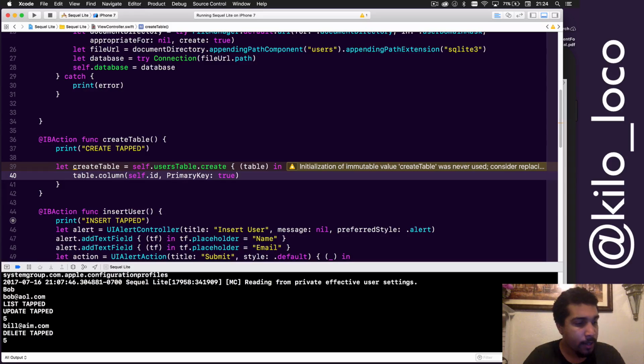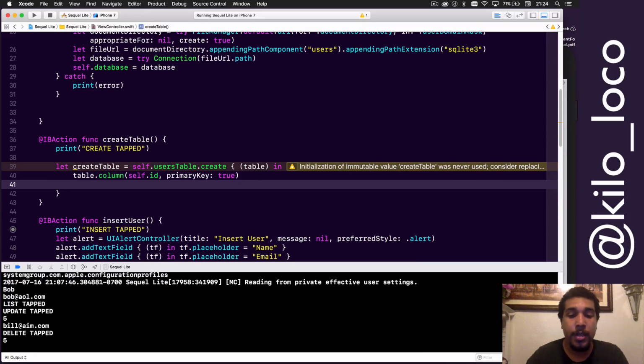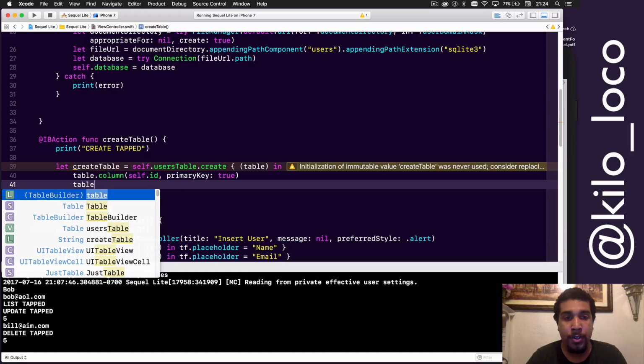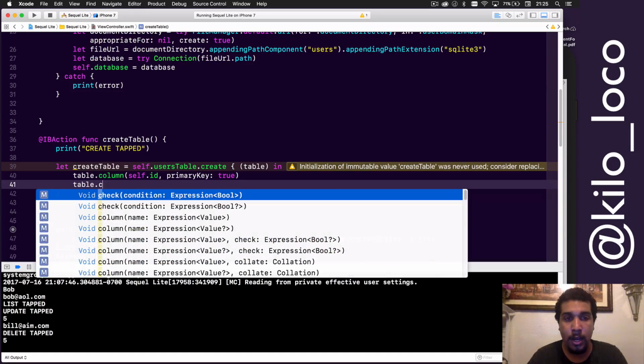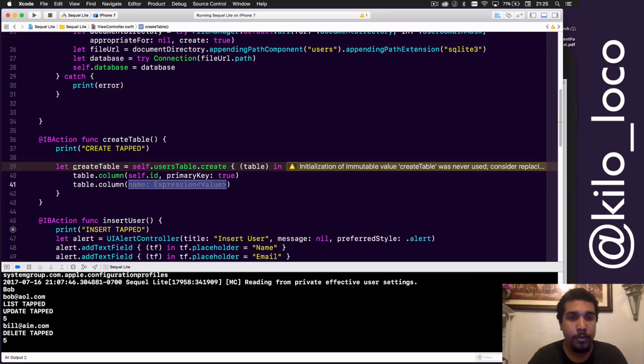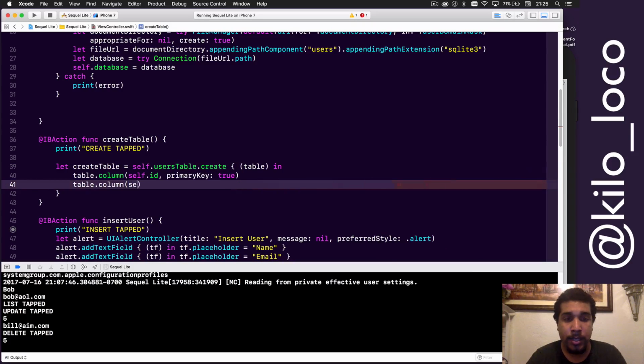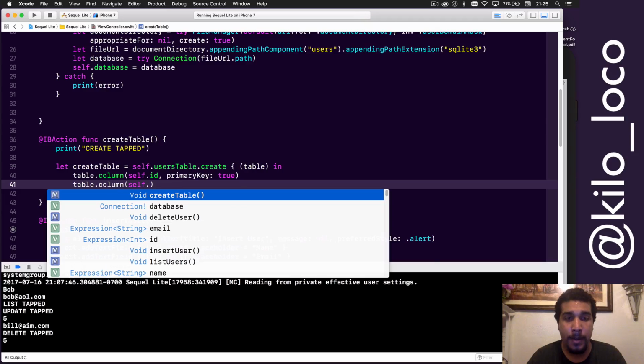Is it uppercase like that? No, it's lowercase. It should be lowercase. So this is pretty much what's going to number our rows. We have to add in the other two as well. So dot column, and we're just going to say self.name,